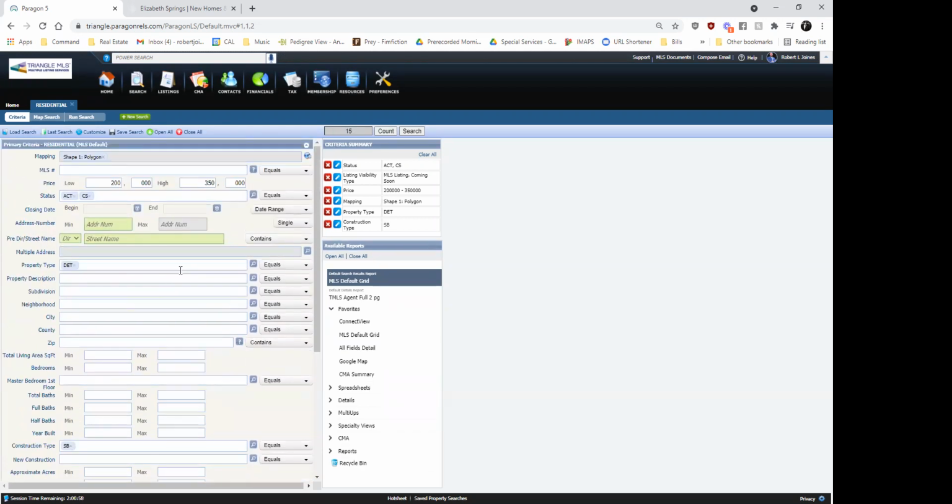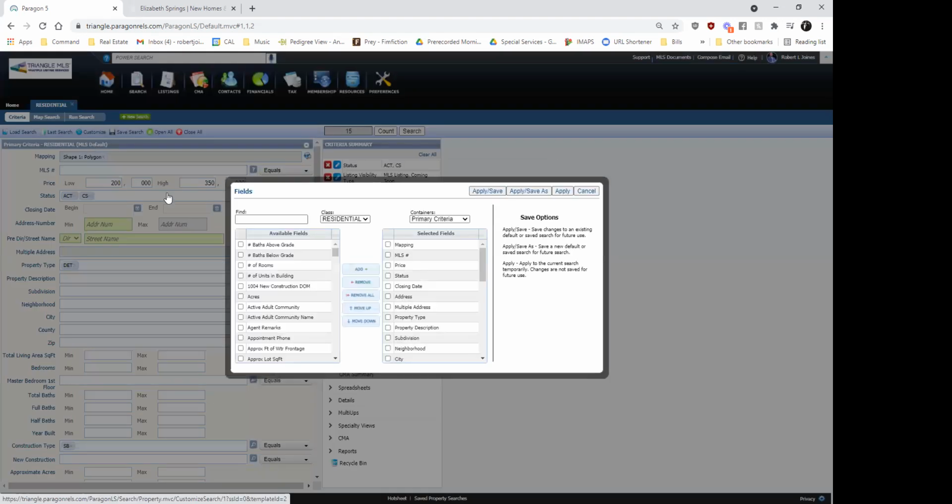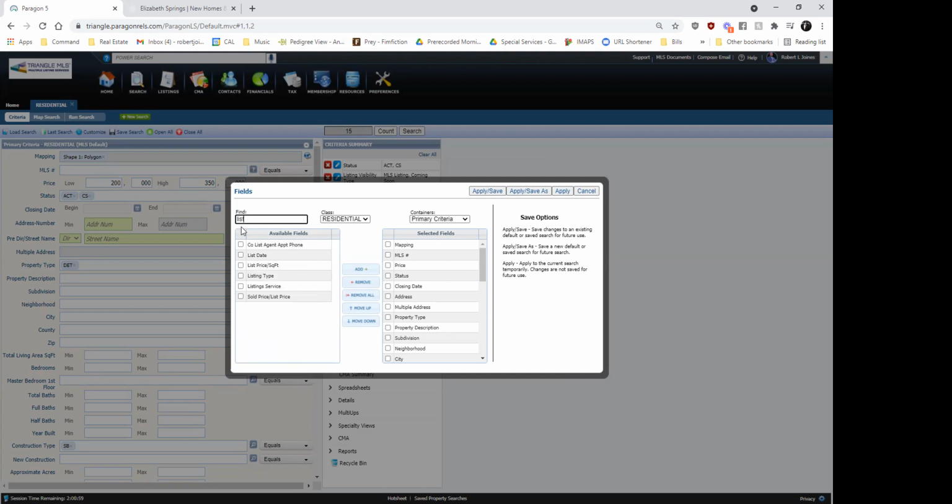You can also add fields if there's a field that is missing. For instance, if we click the Customize button and choose Fields, there are fields that we can add, like list agent or listing type, right? Co-listing. So let's see here. You can choose to search for active adult community. You can choose to search for the city limits of, right? Which, yeah, it doesn't,